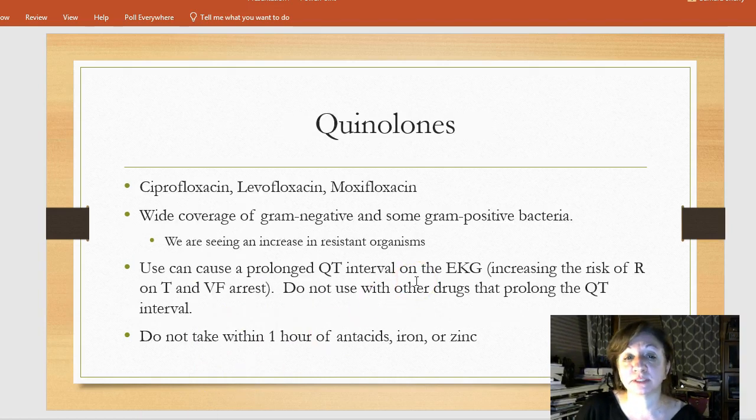Quinolones, ciprofloxacin, levofloxacin, moxifloxacin, these are great drugs. However, they can cause a prolonged QT interval on the EKG. So if you use these with other drugs that do that, then you can certainly put the patient into VFib arrest or another arrhythmia that can be dangerous. And they should avoid taking these within an hour of antacids, iron, or zinc. So again, you see there's quite a lot of considerations and side effects that we have to think about with any antibiotics and